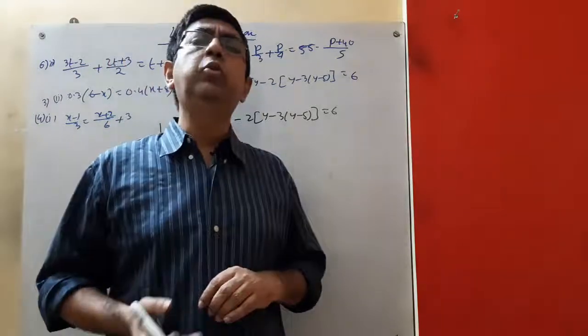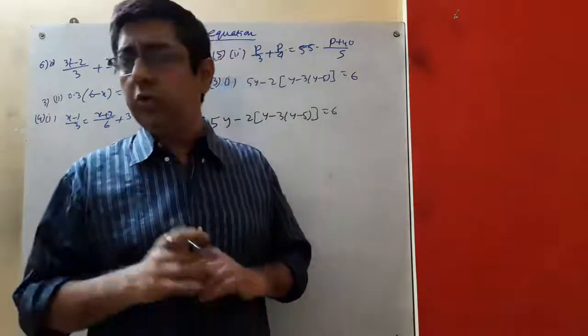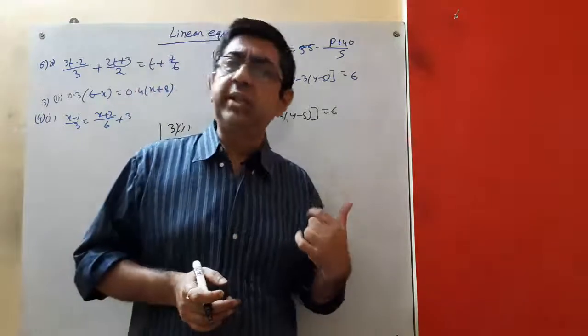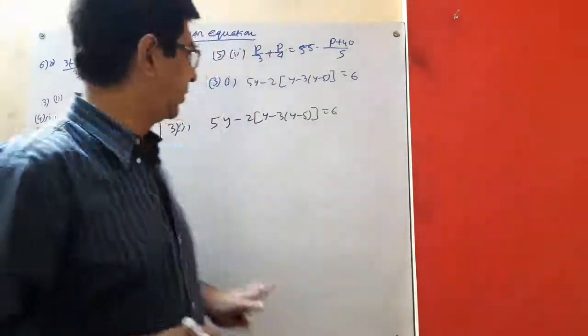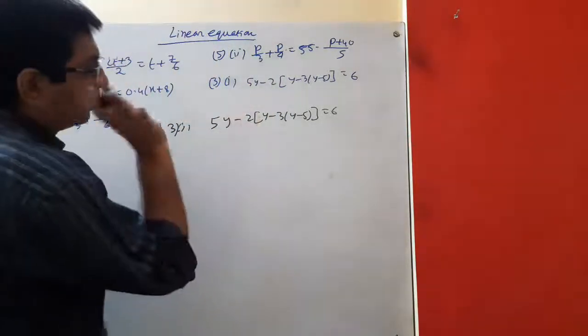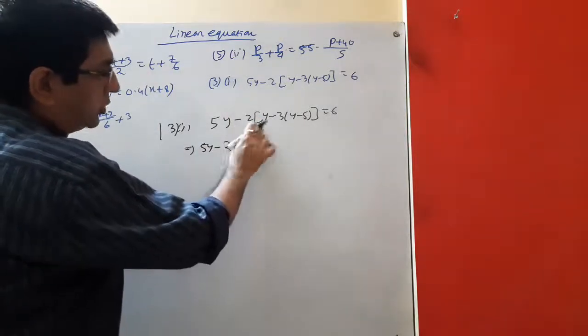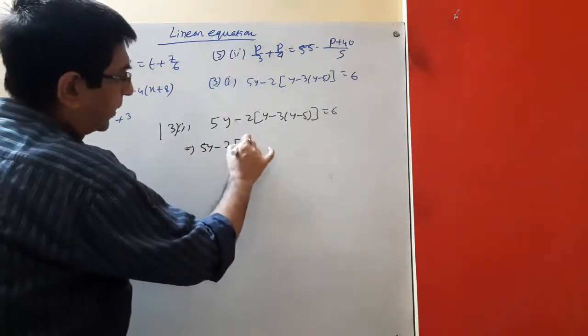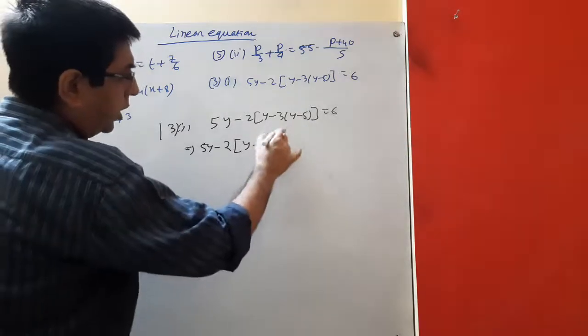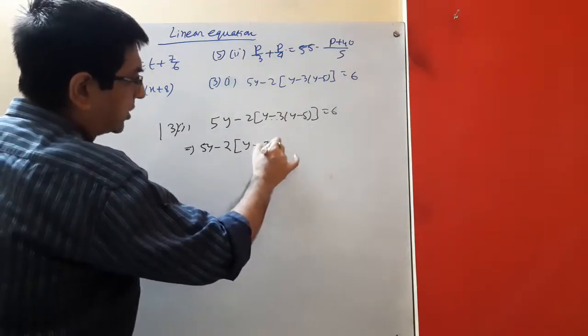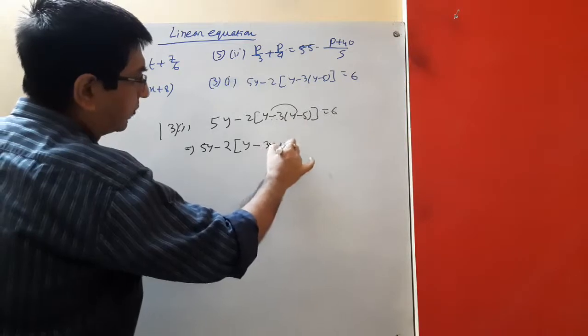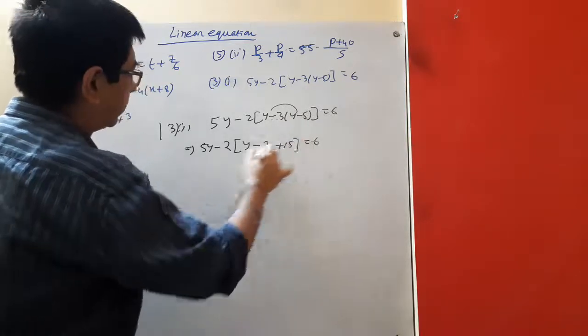For finding the value, there are so many rules to be followed. Whenever I am solving the sum, I will tell you. Okay. So look, this one we have to find. What we have to do first? 5y minus 2 (y minus 3 (y minus 5)). Look, this is the third bracket. Keep it. The third bracket y minus. This is the first bracket. Go for the first bracket. Minus 3 into y is minus 3y, minus into minus, plus 15. Right? This is equal to 6.